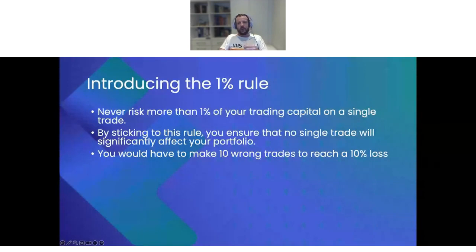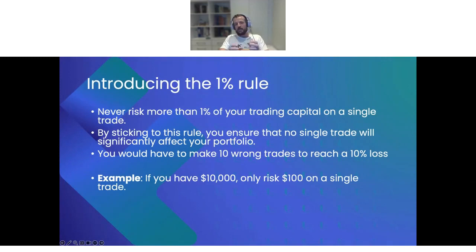To give you an example of this, if you have an account of $10,000, you should only be risking $100 on every single trade. You shouldn't be risking more. And in fact, what you will come to learn, the more you get involved in margin trading and the bigger your account size gets, and the more your actual 1% becomes, is that sometimes it makes sense to risk 0.5% or 0.25%. But for the purposes of this class, it really is about using 1% of your portfolio and giving yourself that opportunity to be wrong a number of times.